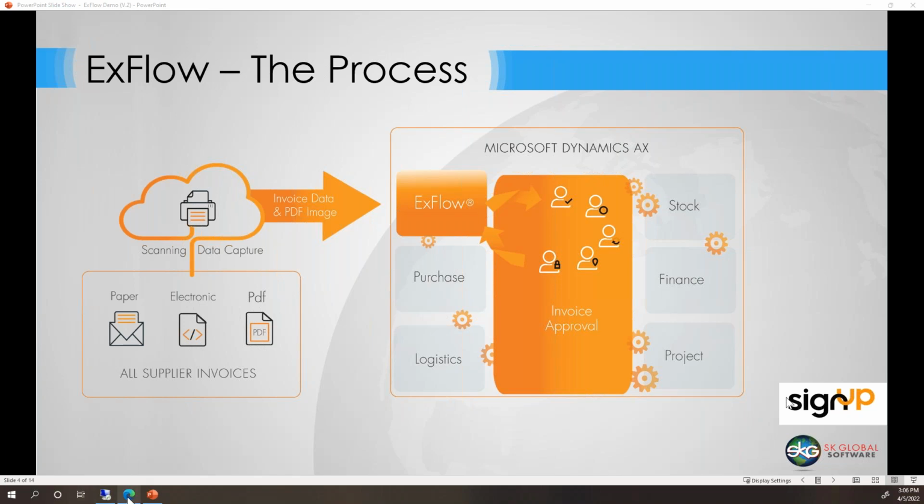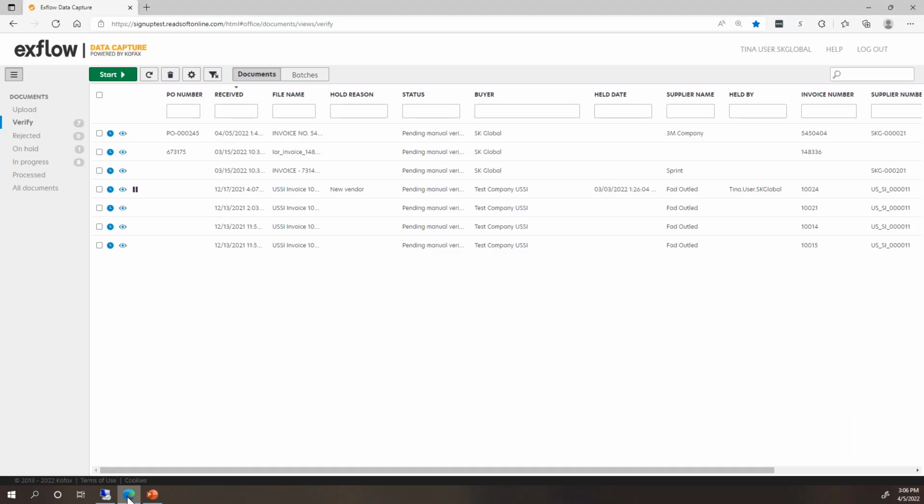Okay, so now we're going to look at the OCR. So the OCR we're looking at is ExFlow data capture. A couple of things about ExFlow DC. It is an automated tool, and there is a template per country that determines what information is needed for your business for that country. So for example, in the US, our vendors aren't, generally speaking anyway, required to